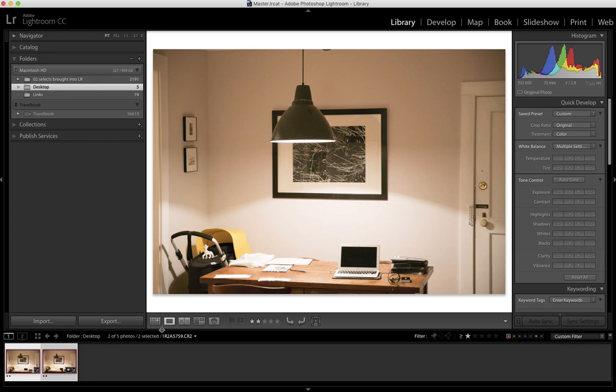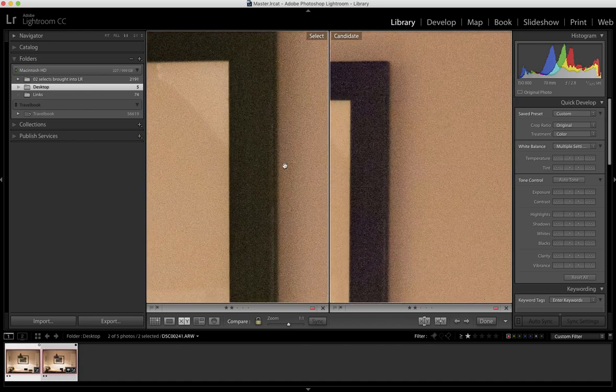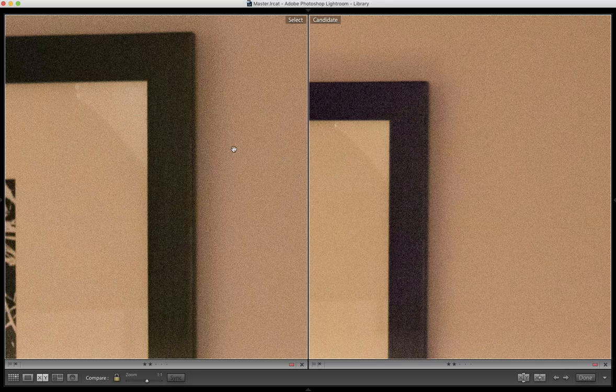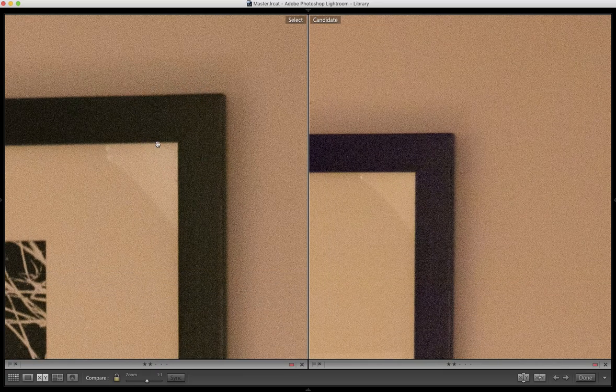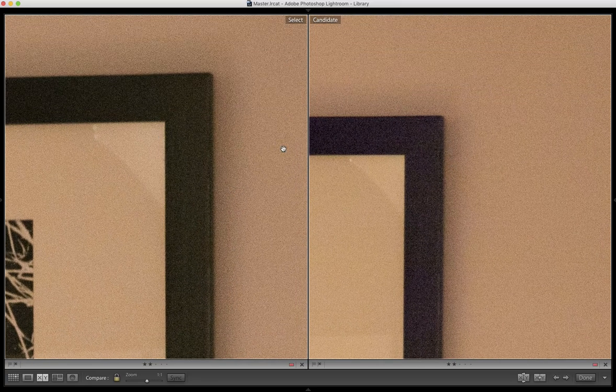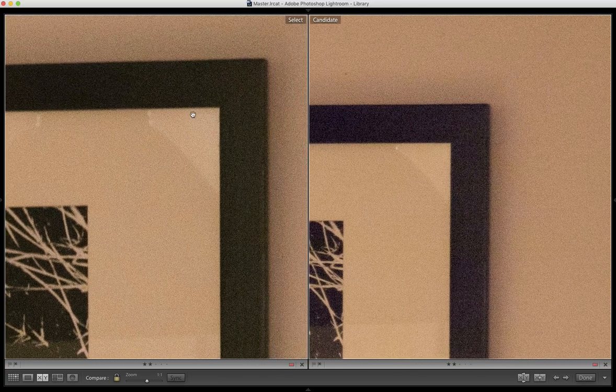We're going to bring them back and look at them in library mode. We have the Sony file on the left and the Canon file on the right. Again, let's zoom in here. Looking at them 1:1, I am noticing the Canon file has gone a little magenta, which is interesting. It points to maybe a better auto white balance for the Sony camera, but obviously that can be adjusted in post. But again, comparing the two in terms of sharpness and noise, I'm really not seeing a